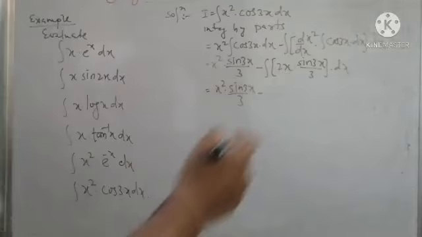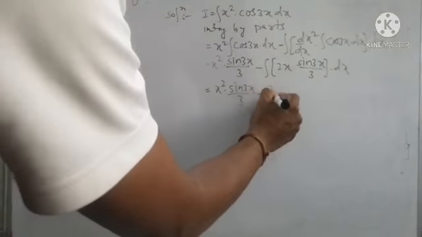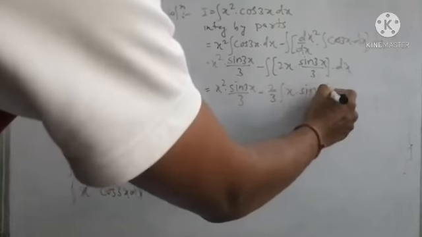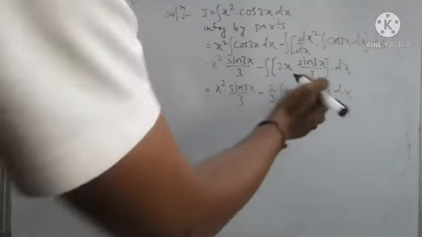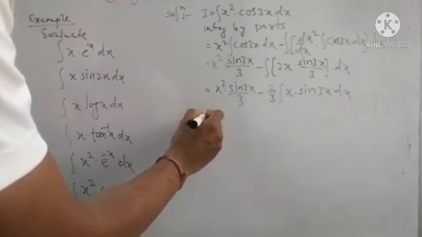now in the bracket we have a constant 2 in the numerator and 3 in the denominator, so we get 2 by 3 outside integration, and in integration we get the product of again x sine of 3x dx. Now you can see a product is given and its integration we can take by parts method. So again